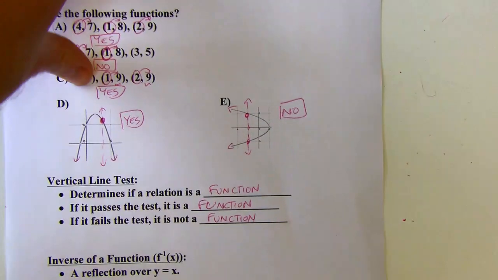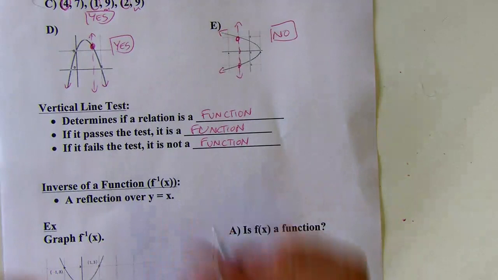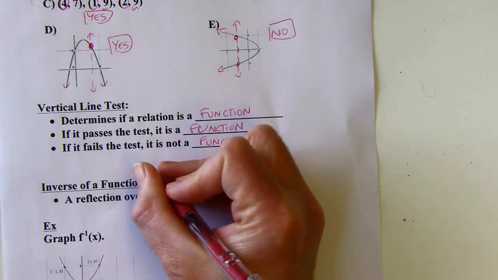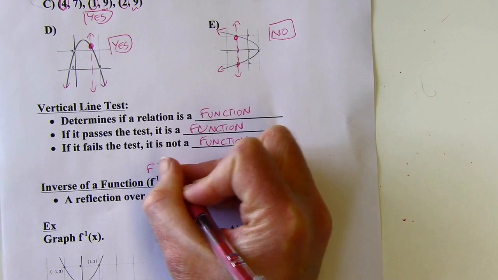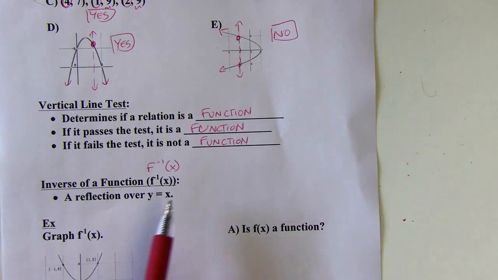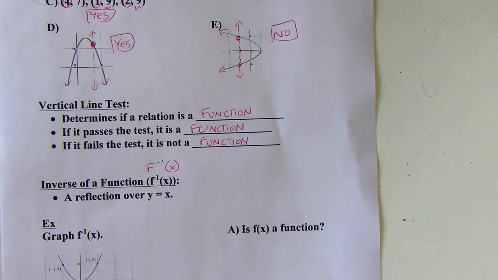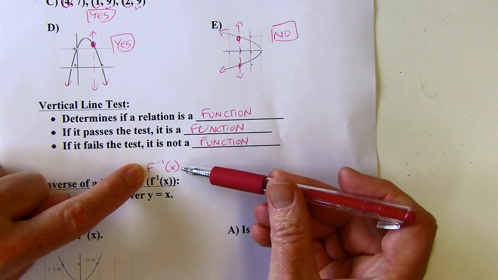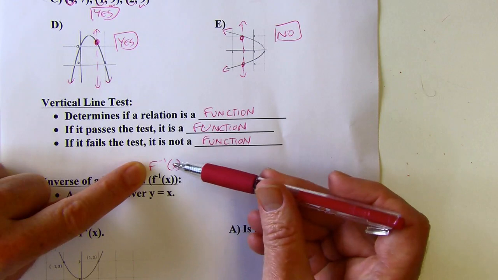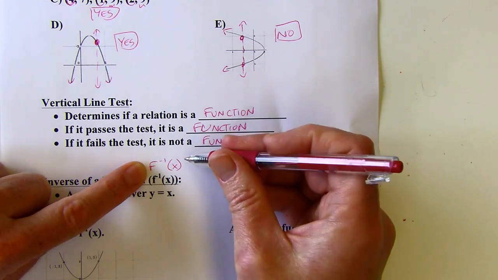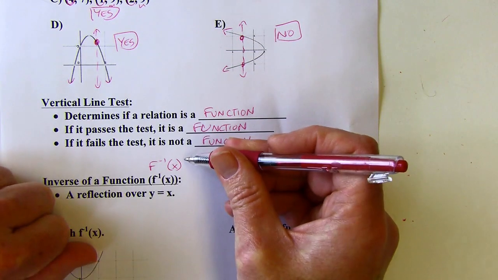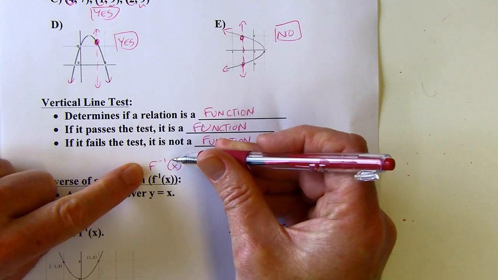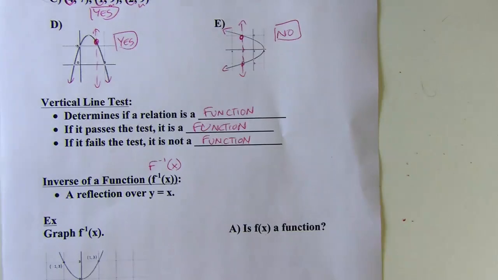Okay? We're going to talk about the inverse of a function. So this printed out a little weird here. That is not just f to the first. This is supposed to be f to the negative first of x. Just in case that's hard to see there, there should be a little negative in front of the 1. So this is just a way to say the inverse of f. We're not actually raising anything to the negative first. So notice how the negative 1 exponent is not out here. That would be different; that would just be raising the input to the negative first. But this is just a symbol to mean the inverse of function f. Okay? So